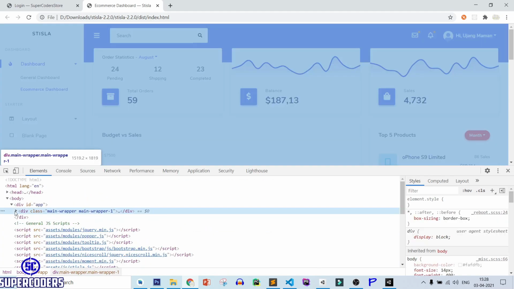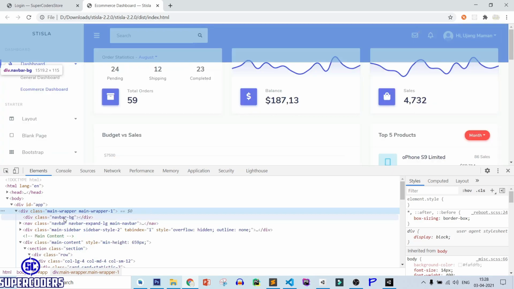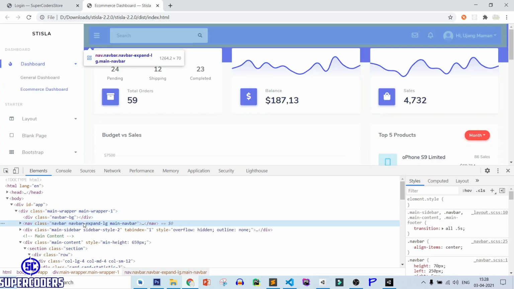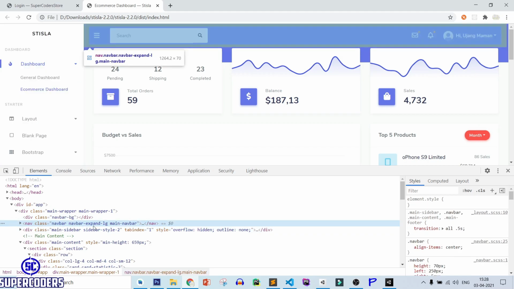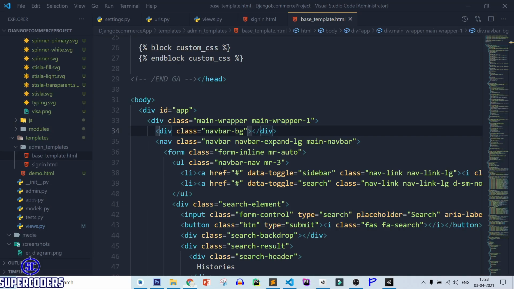So first is main. Inside main you can see navbar, the navbar, sidebar. So we need to cut the navbar in a separate file. So let's cut this file, navbar.